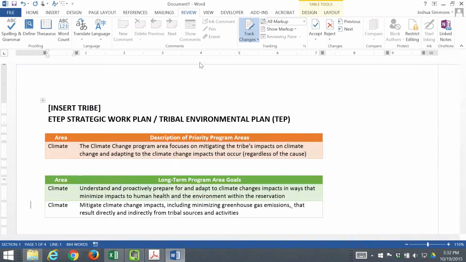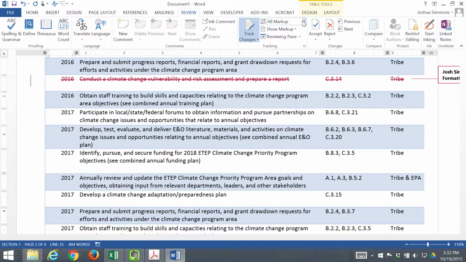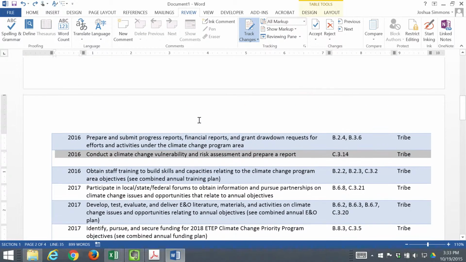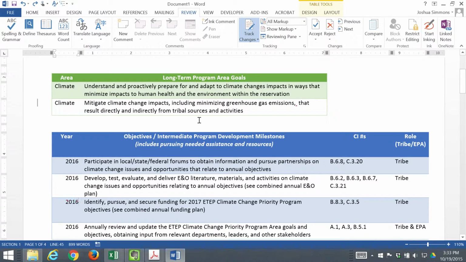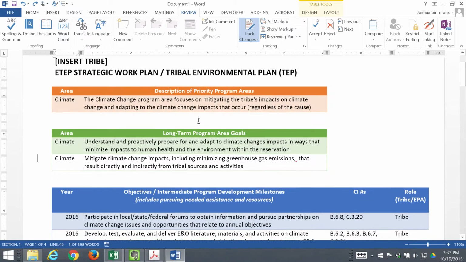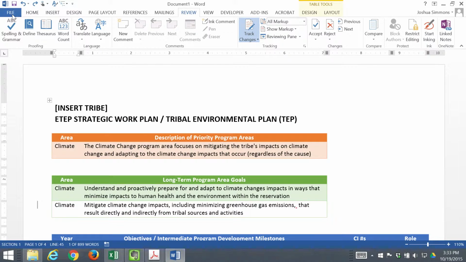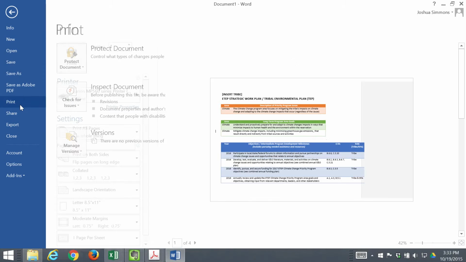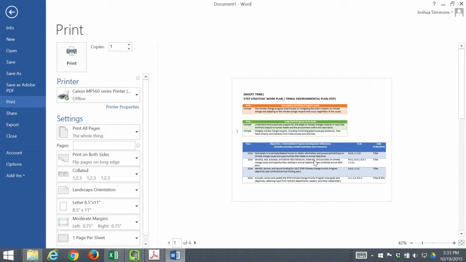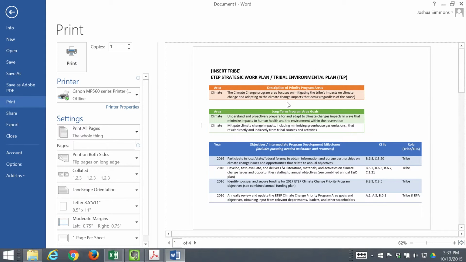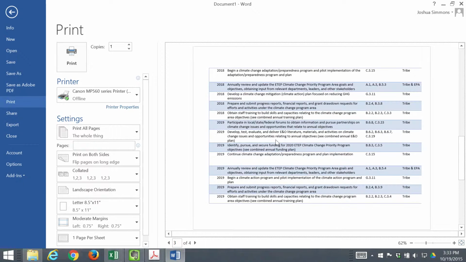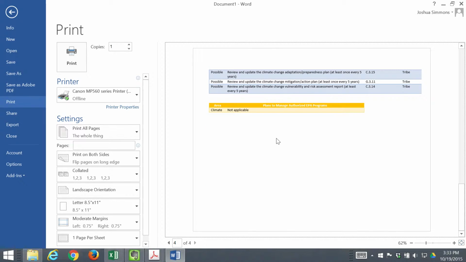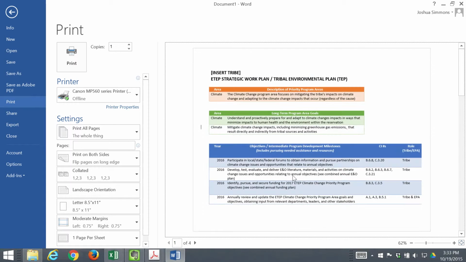So in this case, let's just undo these edits. That was printing it with the comment bar on the side. In this case, let's remove the comments. There's no comment bar. Let's go back to print. And then you can see in the preview right here that the full thing is included and that it's a couple pages long. So in this case, it's a 4-page document just focused on the climate change priority program area,